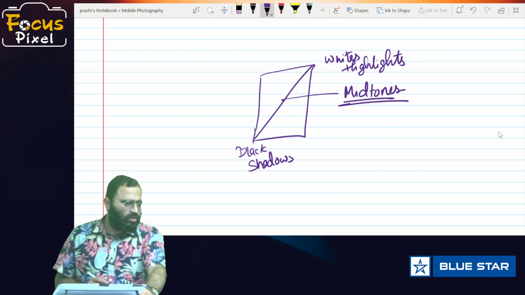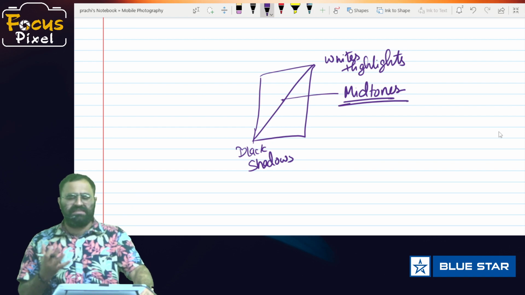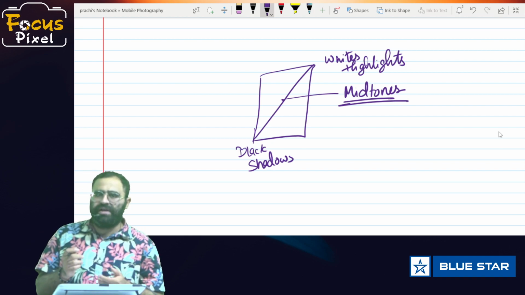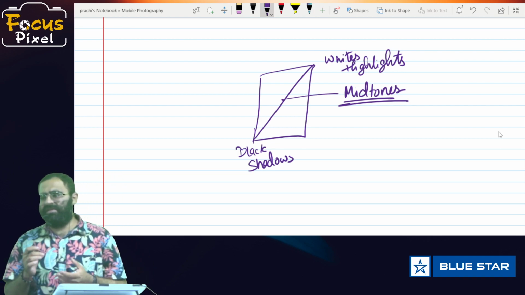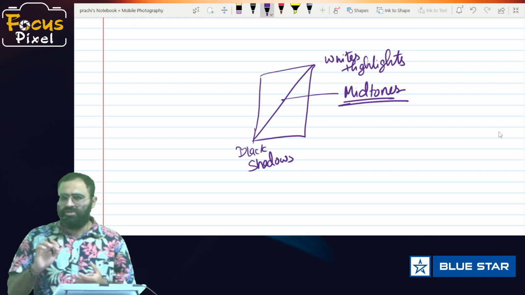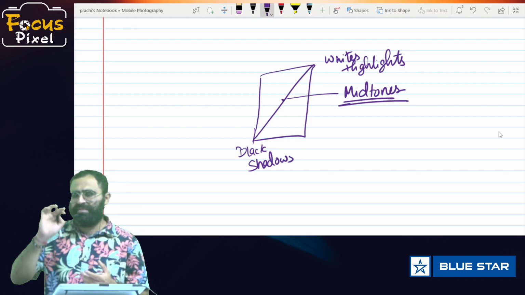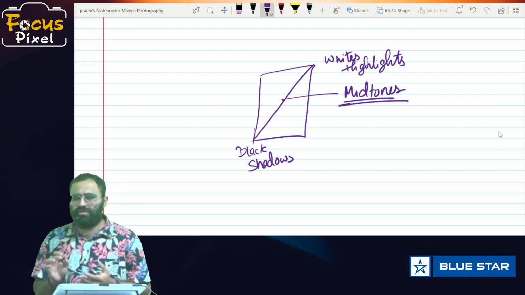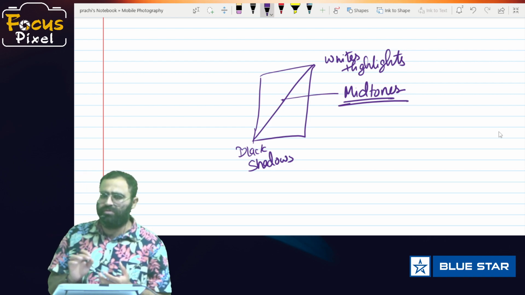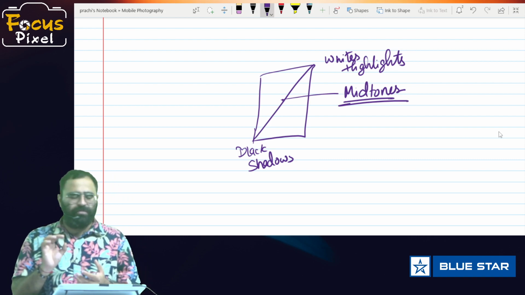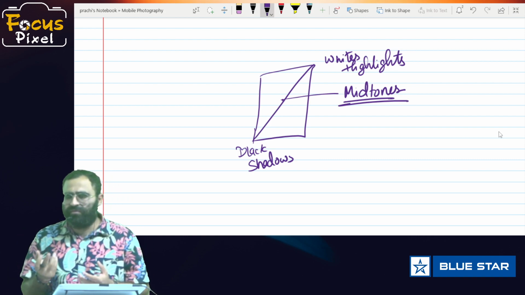Now curves is a quick way to increase your brightness and shadows. That is, when you click a picture, as we saw yesterday, whenever you are clicking a picture you have to set the exposure right. The brightness part, after clicking, the slider that comes up and down, we were adjusting the EV option, and the ISO option to increase or decrease the light. So that way is during photography.